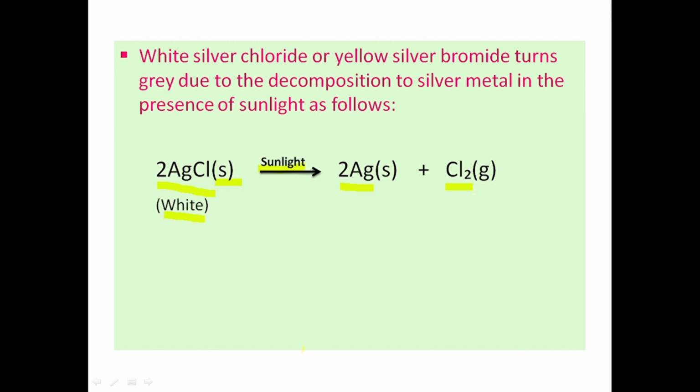In the next reaction I have written about AgBr. You can see the AgBr reaction. Now the starting material, AgBr, is yellow in color. Its form is solid, again in sunlight. Now it again turns into gray, with another gas liberating, which is bromine. This reaction is very much used in black and white photography, which is a very famous practical use. So that's all about the decomposition reaction.